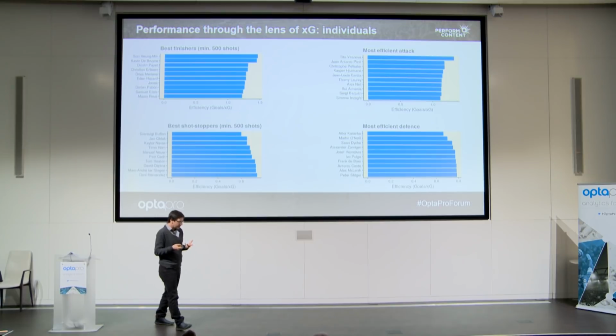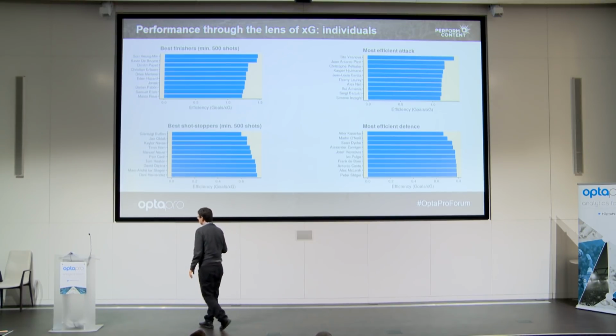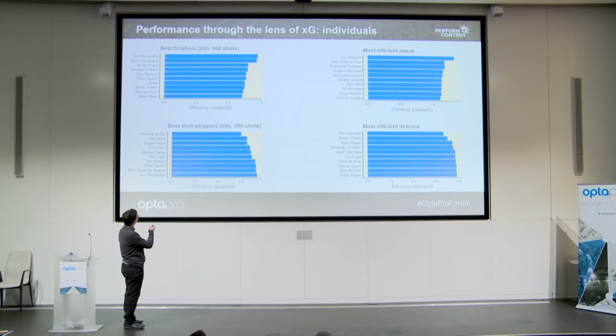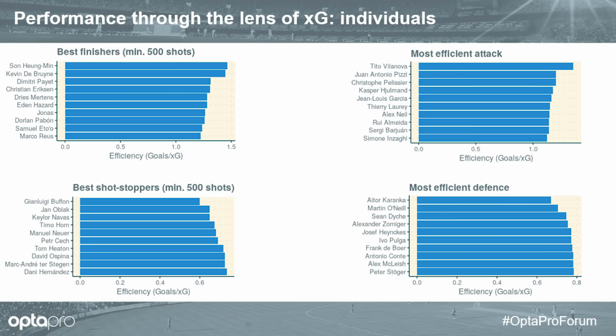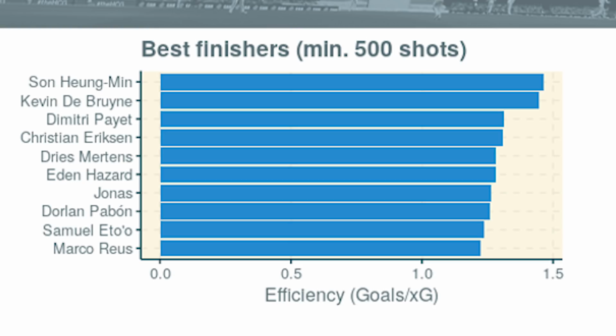Basically, just having that model, you can look at individual players just by looking at their efficiency, which is the ratio of goals that they actually score to the sum of the XG of their shots. And if you do it for all current and former Big Five players, in my data set at least, you get this list. And now this list is kind of a mix of fine and problematic.